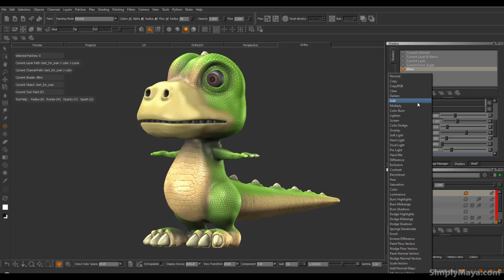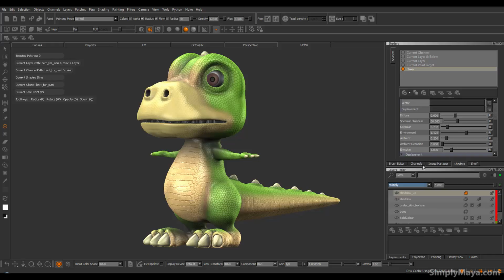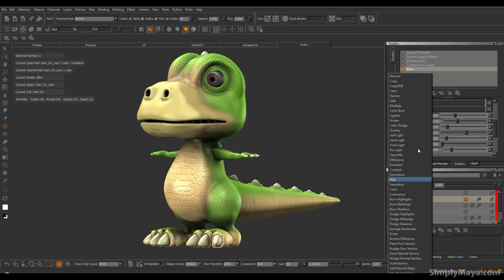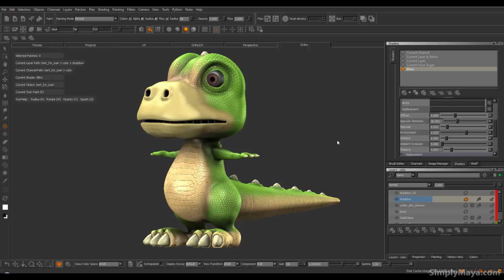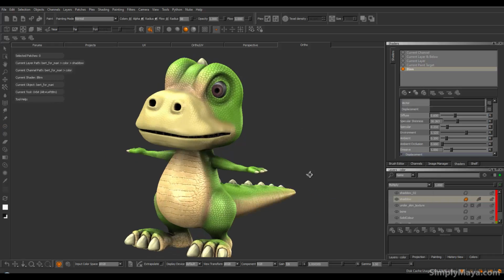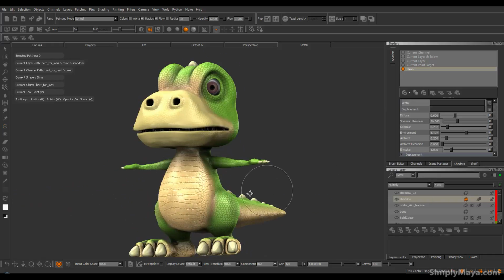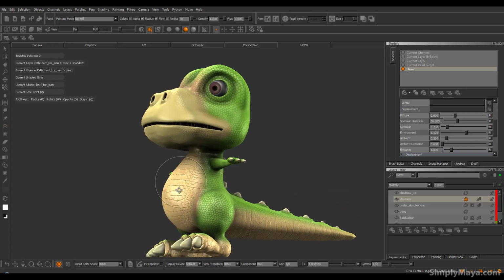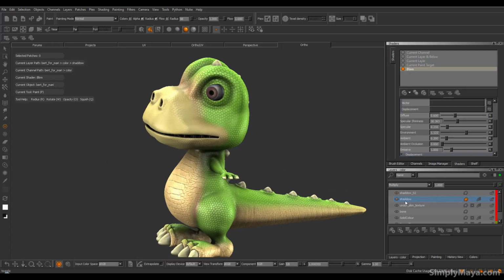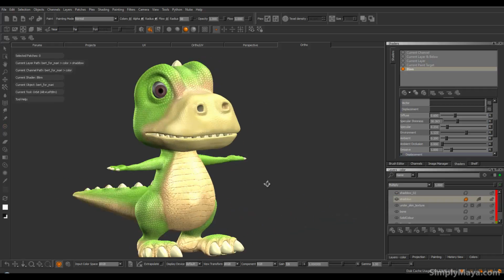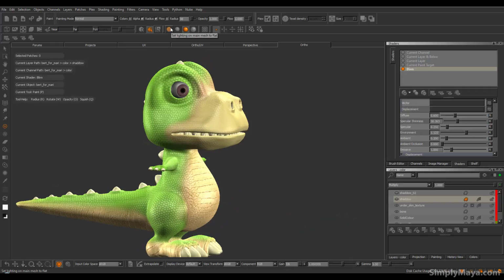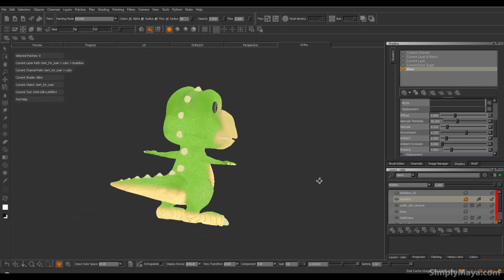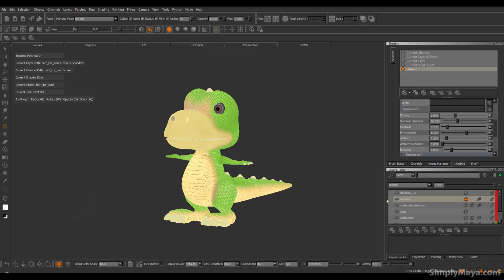So let's flick this to multiply. And let's flick this to multiply. Okay, that's going to look better for us for a shadowing situation. Now remember, we've got no ambient occlusion on this little guy at the moment, so without these two layers he looks very, very flat. And in order to see that, we'll go to a flat color here and you'll see there's kind of no definition on him anywhere. When we turn these two back on,